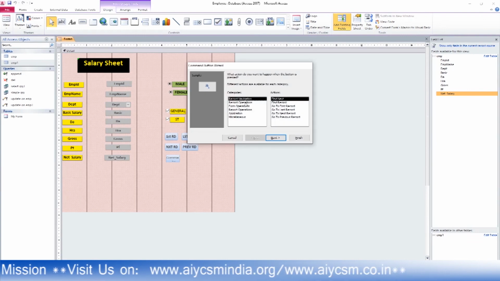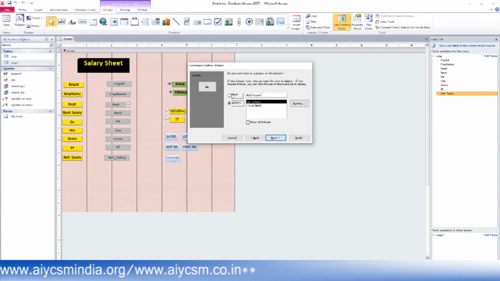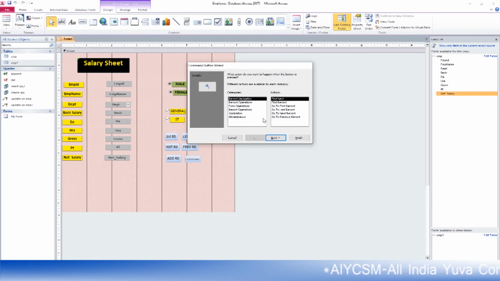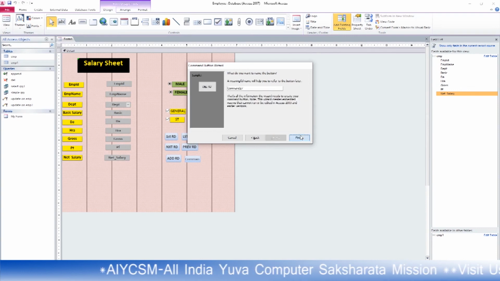Click on this one, then go to record operations. You can click the add record action. Click on add record, next and finish it, bold it. Click on this one. From there go to delete record, that means DEL RD, next and finish it.